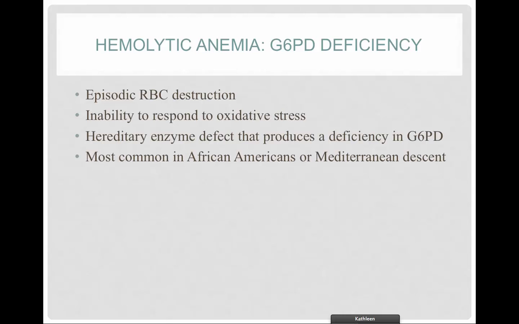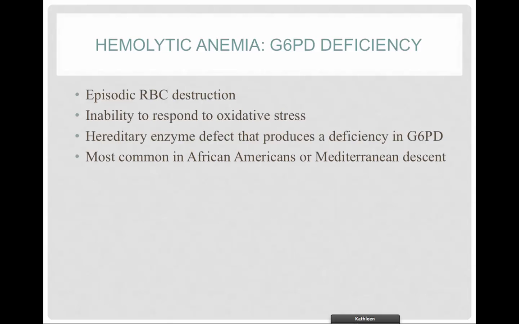Hemolytic anemia. Also, these are normocytic anemias. G6PD deficiency causes episodic RBC destruction. They have an inability to respond to oxidative stress. This is due to a hereditary enzyme defect that produces a deficiency in G6PD, and it is most common in African Americans